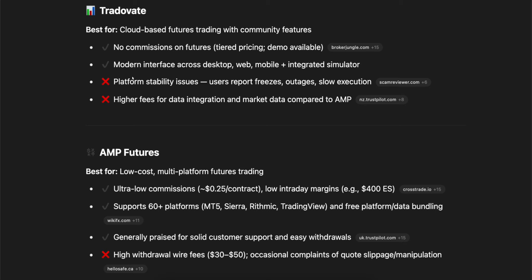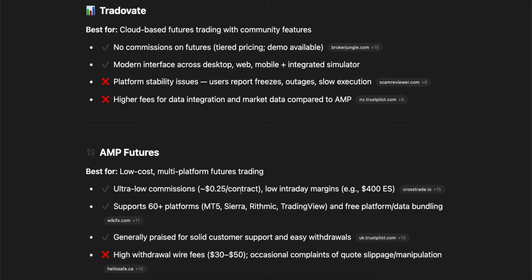The cons: platform stability issues, users report freezes, outages, slow execution, higher fees for data integration and market data compared to AMP. Now we have AMP futures, so best for low cost multi-platform futures trading, ultra low commissions, as you